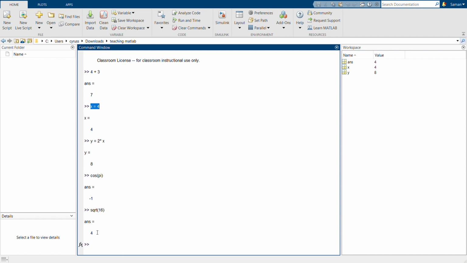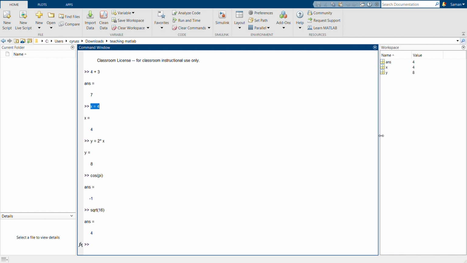It always stores the last value into a variable called answer, or ans. You can access these variables or the value of them here, and if you have a more complicated